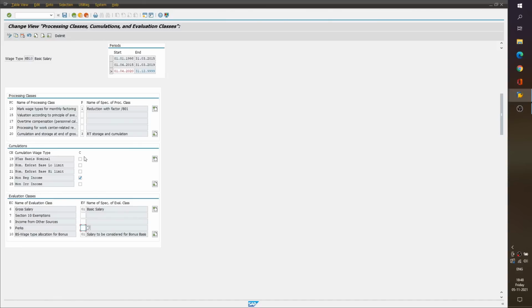Cumulation will always be used for generating certain different bases, and processing class will always be used for setting a common set of rules for a list of wage types.